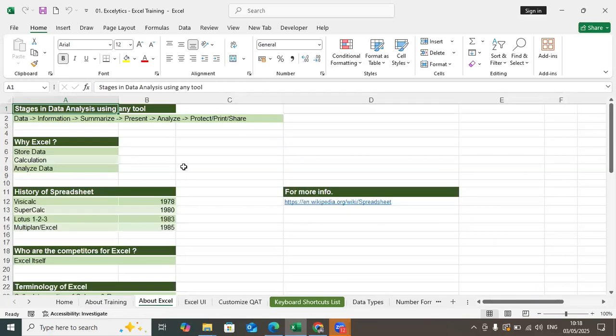About Excel, since we discussed the stages of what we do in Excel, the kind of work we do is storing the data. As I said earlier, we need to get the data first. That is called storing the data. Then we perform some calculations, which is the second step. And then we finally analyze that data through our calculations. And to give you a history of how Excel got started,